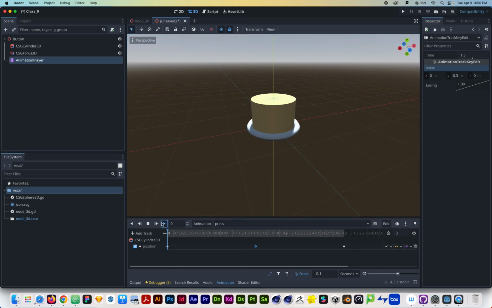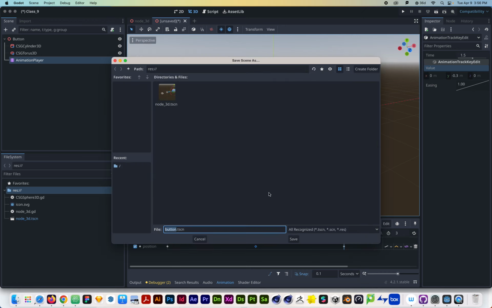There we go. Now we have this little play animation. Boop. Pretty cute. Then, you know, how you trigger this animation is sort of up to you, right? You can, you know, if we just sort of save this scene as button,